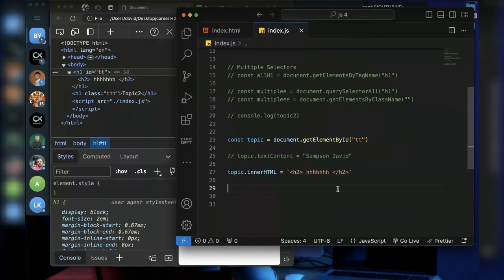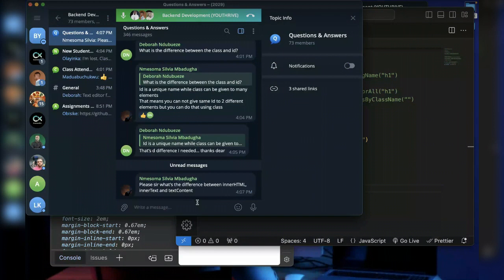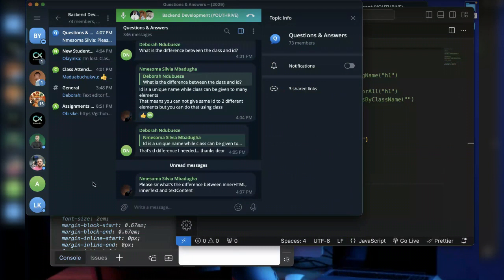So the first thing to do is to select the tag. The second thing to do is that you can change the text content. For innerHTML, you are adding an HTML into the tag. Now, innerText and textContent are doing basically the same thing. You are changing the text in the tag.